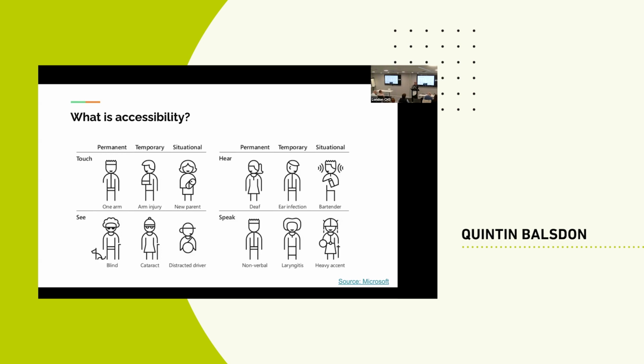Now, there are disabilities that prevent people from doing things, but there are also things that allow better access. So, for example, a ramp is not just for someone in a wheelchair, but could be for someone pushing a pram or someone with sore knees. And so we need to think about disability in the sense that it can be permanent, temporary, or situational. One of the best examples I like to use is a bartender in a noisy bar. They're not deaf and they're not hard of hearing. They just might not be able to catch something at a specific time.